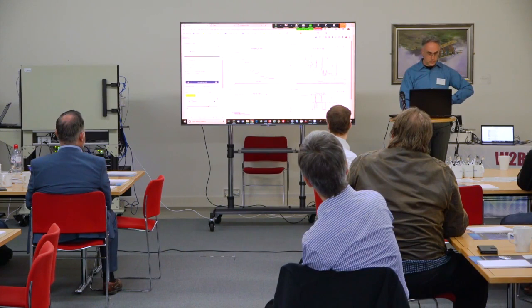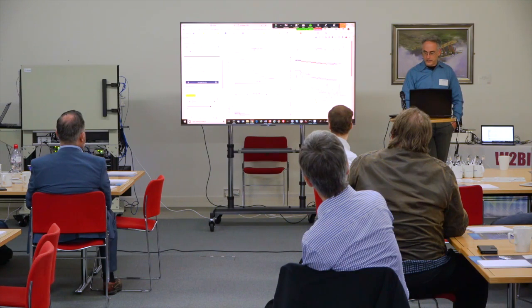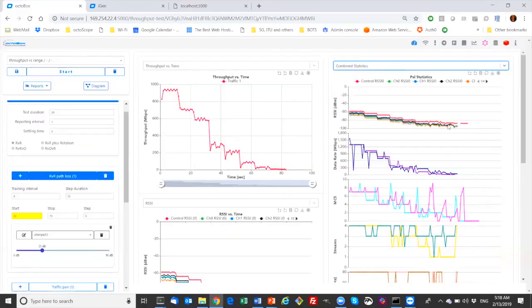And so, actually, we can start it. Well, anyway, it doesn't matter. So you can see what we get here. We are able to get, as I mentioned, a lot of statistics from the PAL. So, for example, here was the RSSI as received by the PAL as that traffic went on. You can see it's starting at about negative 60 dBm and dropping down to close to negative 90. And we're also showing the RSSI not only on one chain, but on all 4 chains in this